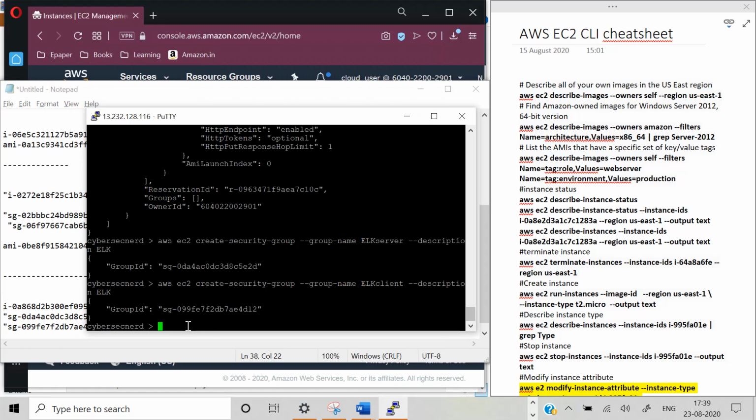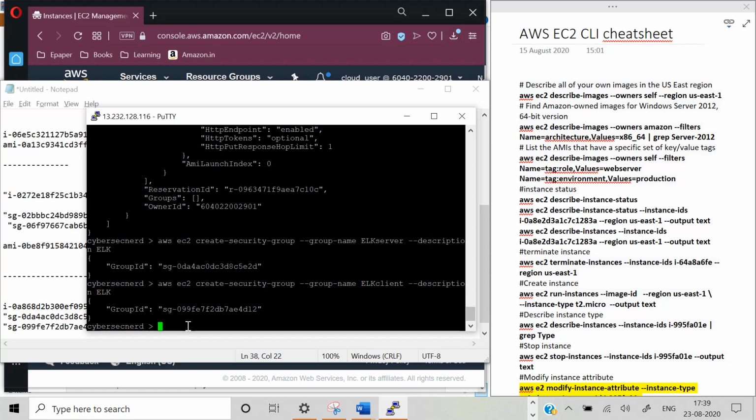So next we will try to create some rules with respect to these security groups, and we will allow some inbound connections in these. As of now, this security group is not associated with any instance, but we will associate it with instances a little later, or we will launch subsequent instances by associating the security group at the very first place.